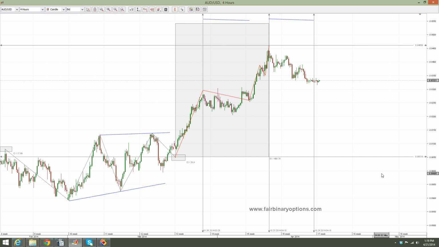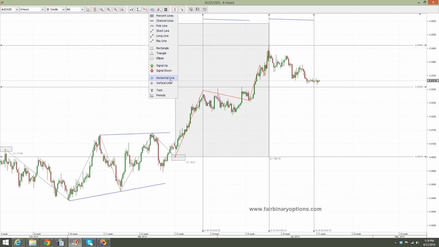to buy put options. Where to buy the put options? Well, the put options should be bought by the time price is breaking these previous highs, so at 0.9308 I would say, not to be picky, at 0.93 I would like to buy put options for the Australian dollar US dollar, and we have all the chances in this world for this to happen this week, because we have